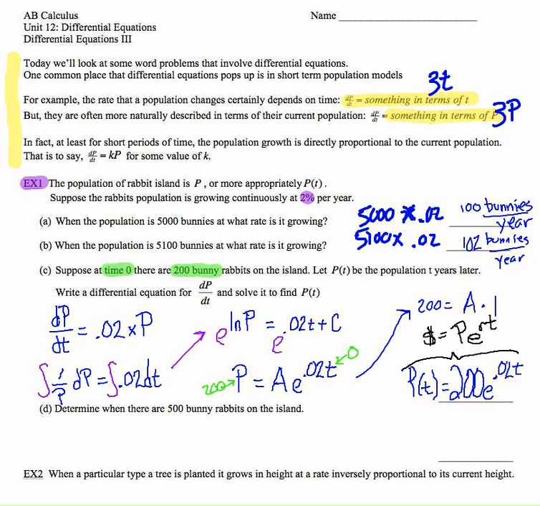And on to the last problem, where we want to determine when it is that there are 500 bunnies. And we're just simply going to use the equation here that describes how many bunnies there are at a given point in time to figure out at what point in time we have 500 bunnies. So I will just kind of walk through that quickly here. Total amount of bunnies is 500, and then the rest of the equation is just as is written up over here, and then we're going to